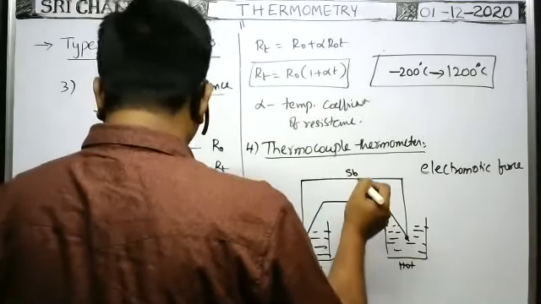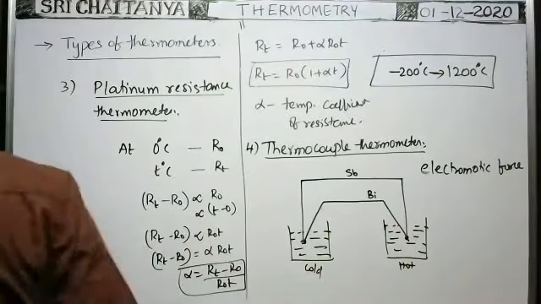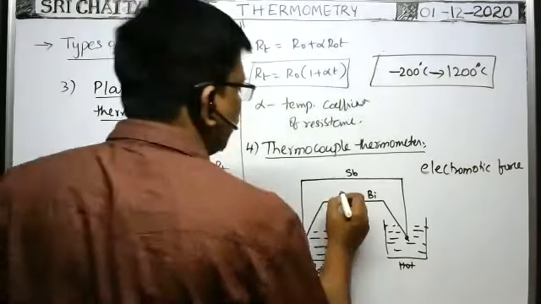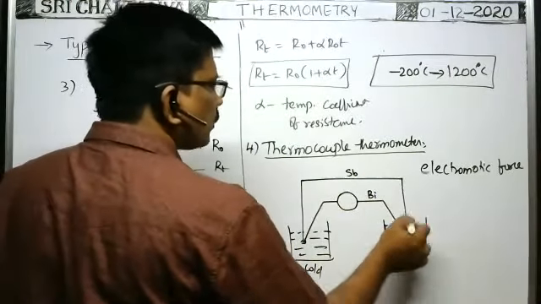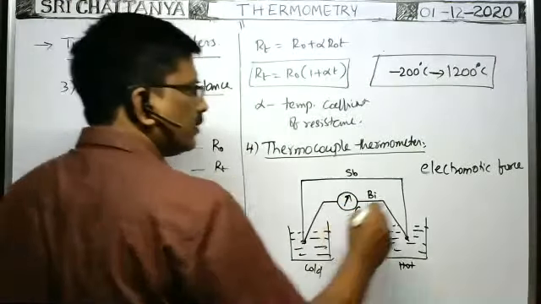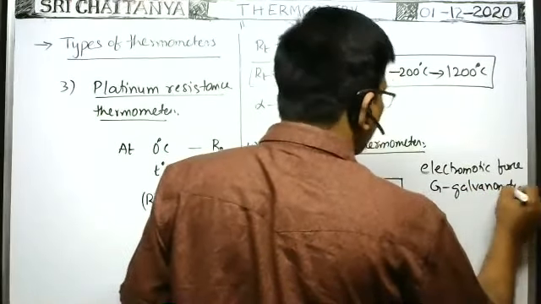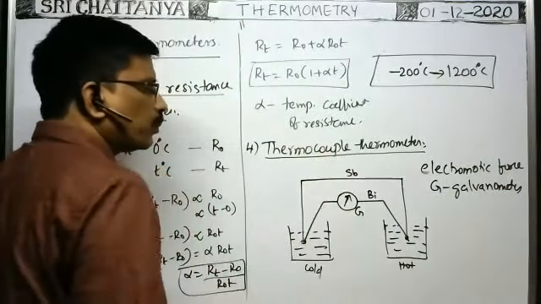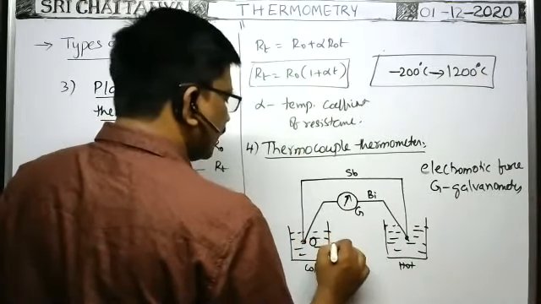In order to measure the electric current through the thermocouple, a galvanometer is also connected in series with the thermocouple. Whatever current flows through them, the same current will pass through this one. Here G is the galvanometer. So a galvanometer is connected in the circuit in series with the thermocouple to measure the current passing through them. Okay. So now, suppose it is at 0 degrees centigrade.